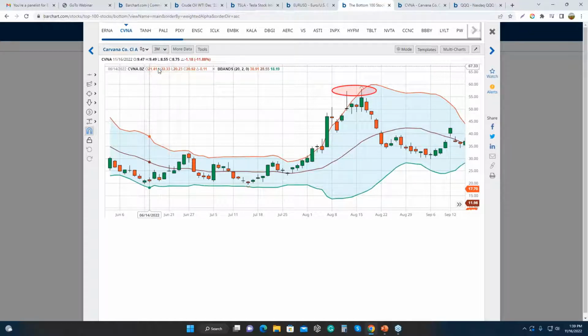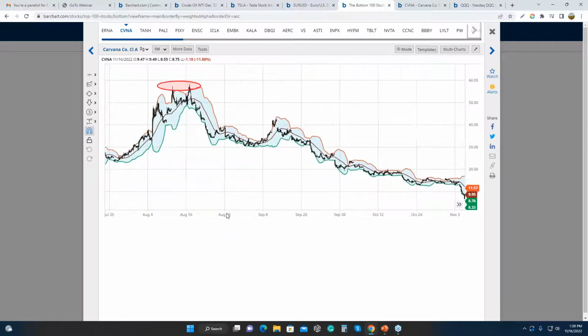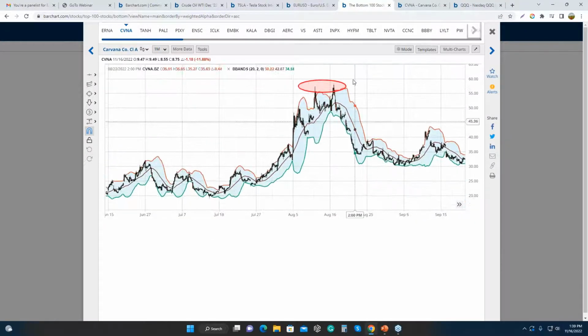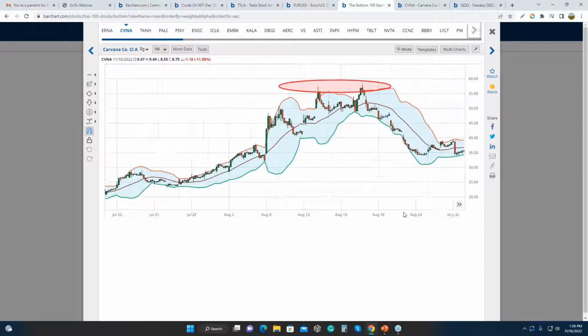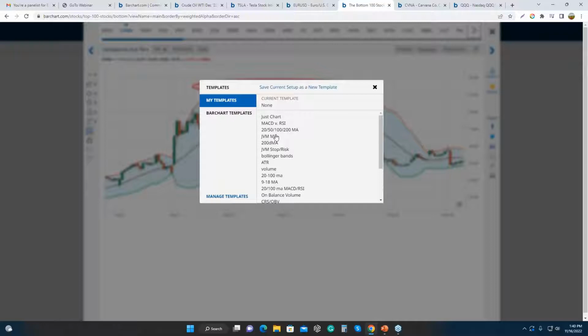Again, if I go to my lower time frame, the same red circle, right? Our bands have gotten wider. Price is outside the band. The bands got a little bit wider after a thrust, a high volume, high momentum. Again, candlestick pattern. And again, if I used my